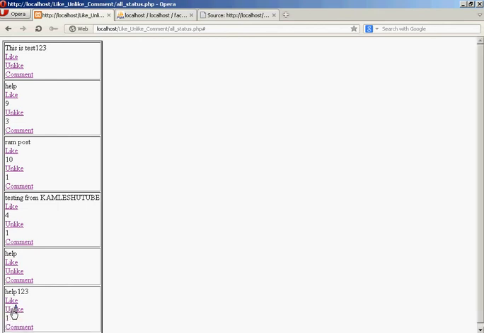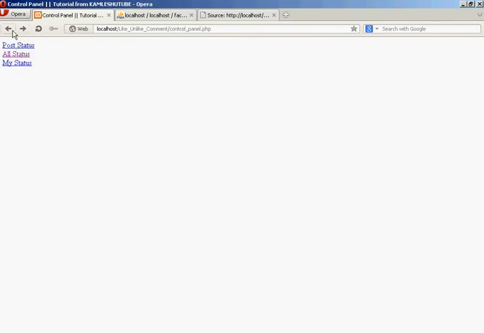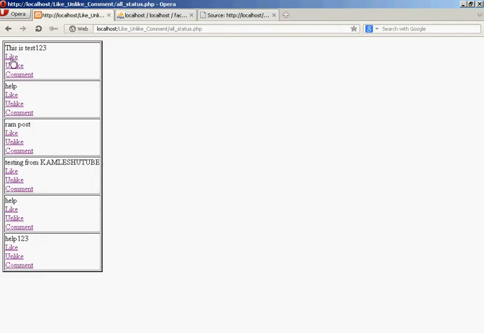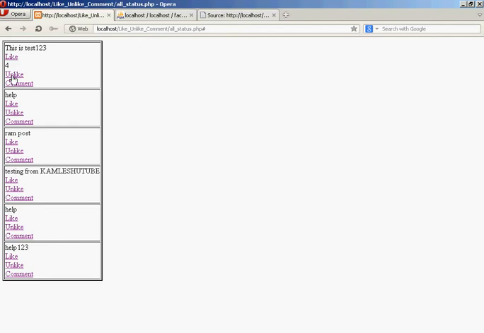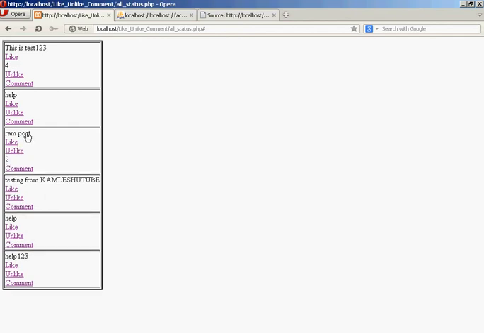Now the problem is that with all status that it is going, it is only showing the total count when we click on the like and unlike link. It is not showing when the page is loaded. It is only showing that when we click on the like link or unlike link, and when we click the like link, it is going to